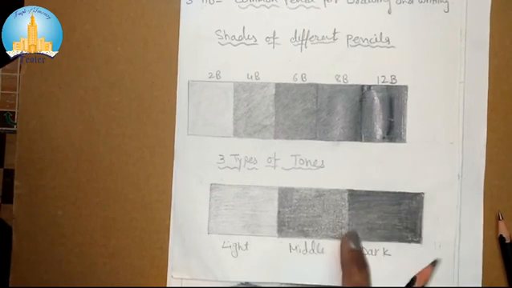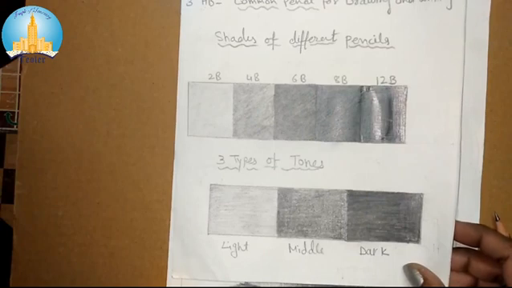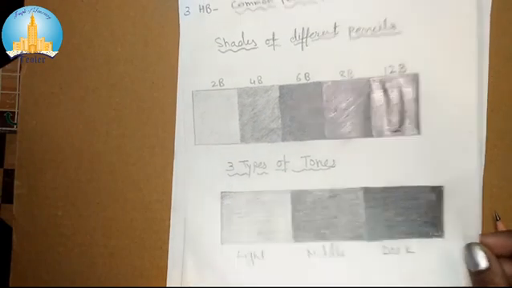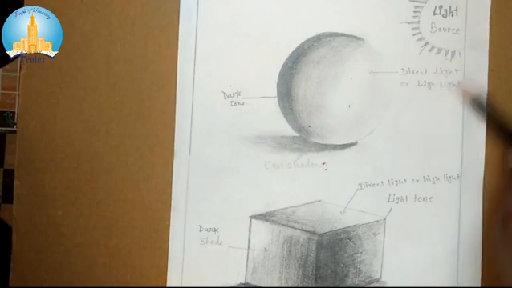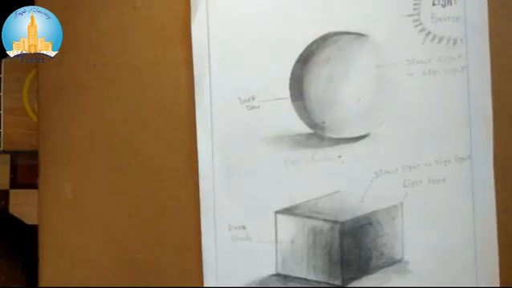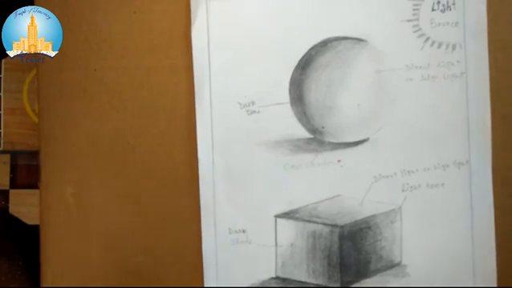These three tones are generally visible if we observe the light and shade in the object. But if we talk about proper shading and light effect when the light falls on the object, how it looks, see, there's an example